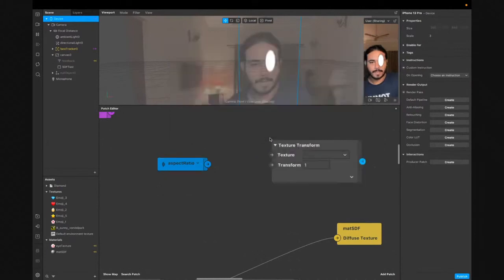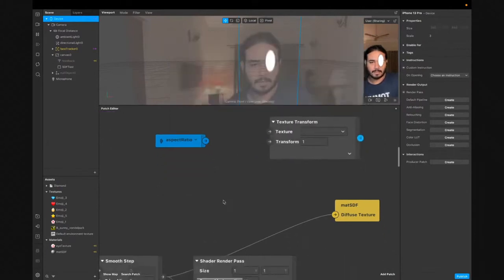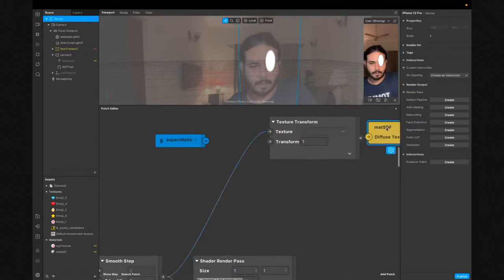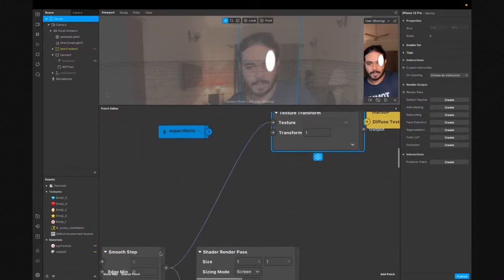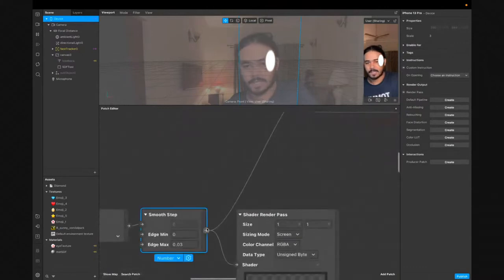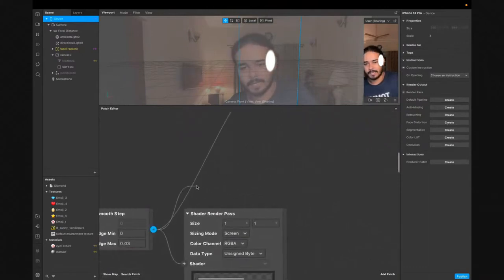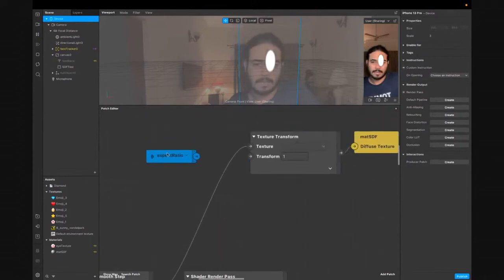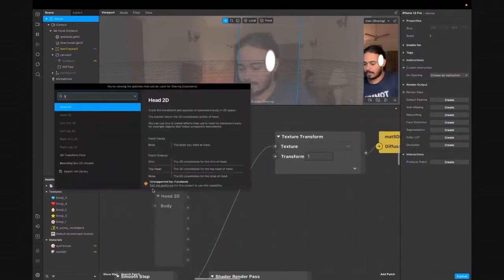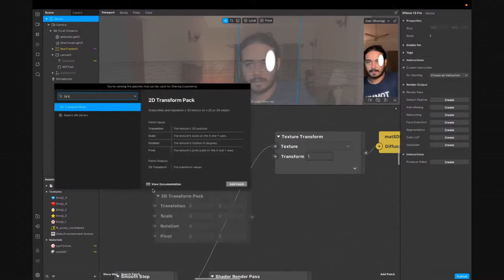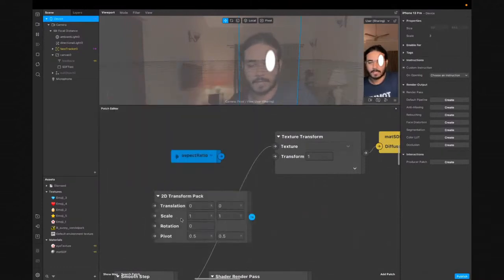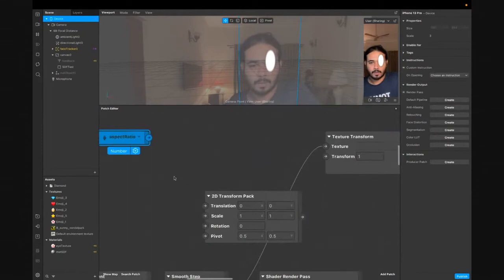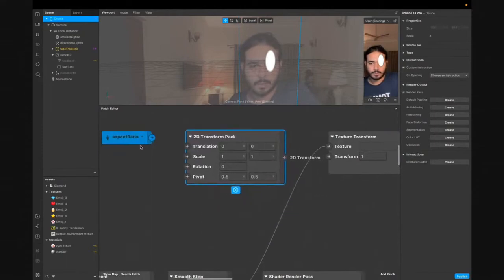texture transform patch, and this texture is going to be this one, and my SDF will now get the texture from it. This is the SDF texture that we're giving to the smooth step. Earlier we were giving it directly to the material. Now we're going to transform this before it reaches our material. And there's a 2D transform patch that has transformations that we can do. So those transformations we're going to change to something like